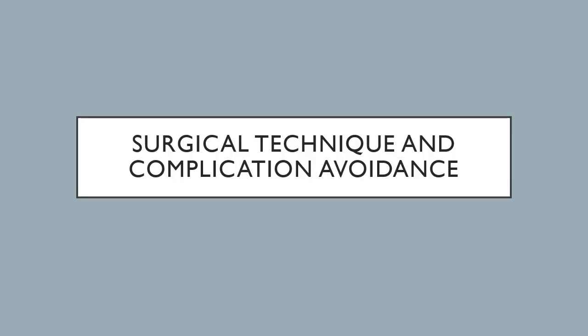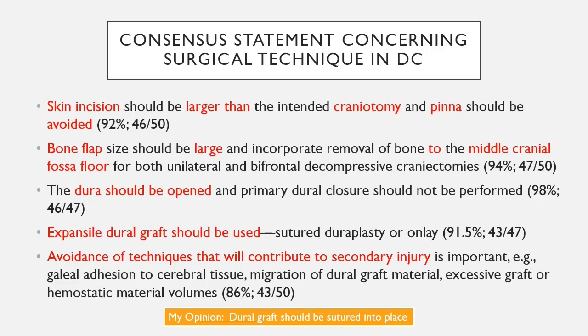Finally, I would like to touch on the impact of surgical technique on subsequent brain damage, recovery, and functional outcomes. As in any aspect of neurological surgery, meticulous technique will achieve better results. Appropriate planning at the time of the trauma craniotomy will avoid many complications. The skin incision should always be outside the planned craniotomy and should not be placed directly on the border of the pinna. The flap, once again, needs to be large, and the craniectomy must extend all the way to the